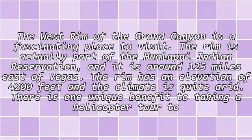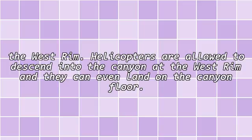The West Rim of the Grand Canyon is a fascinating place to visit. The rim is actually part of the Hualapai Indian Reservation, and it is around 125 miles east of Vegas. The rim has an elevation of 4,200 feet and the climate is quite arid. There is one unique benefit to taking a helicopter tour to the West Rim. Helicopters are allowed to descend into the canyon at the West Rim, and they can even land on the canyon